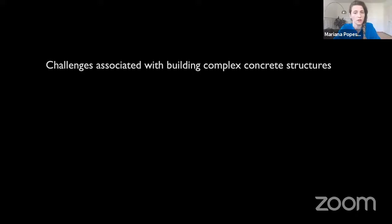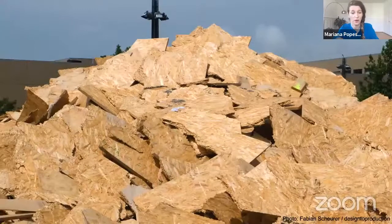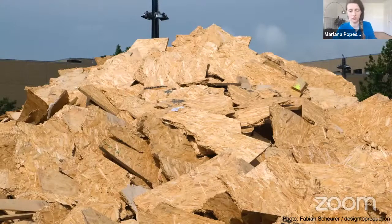At the core, the value of it is to apply efficiency in terms of material, cost, labor, and time, to address the problem of expensive material and inefficient formworks in construction that are heavy and often turn into a pile of waste when it comes to really special geometries. So to address this problem,